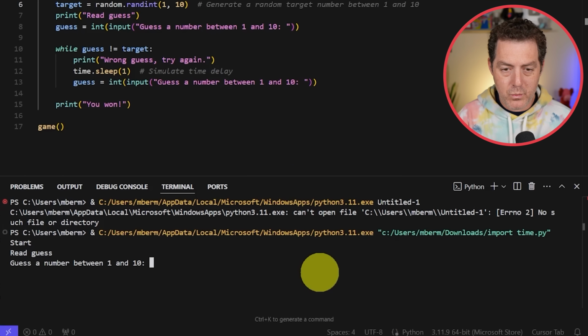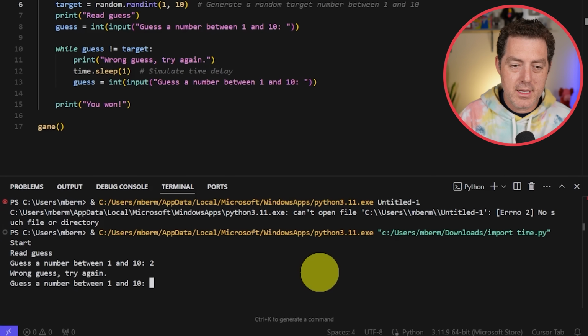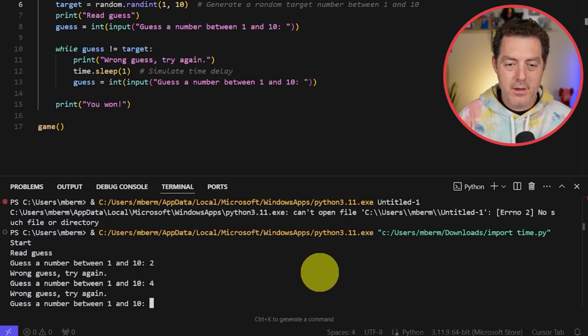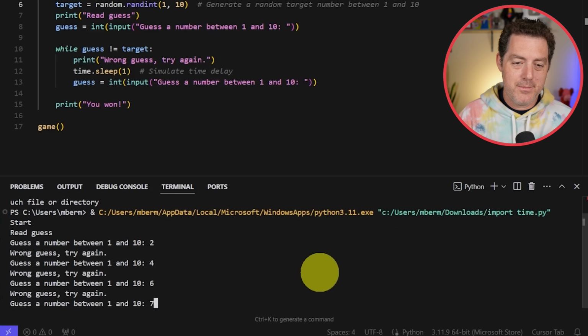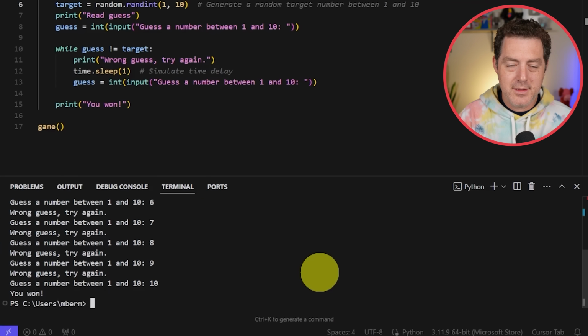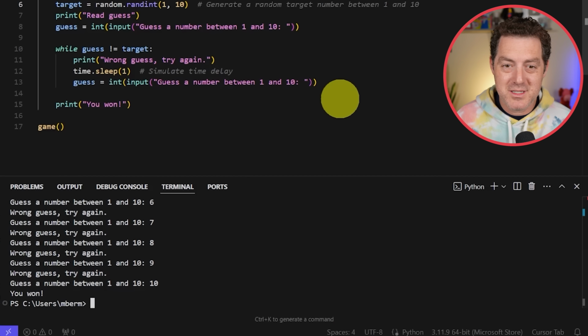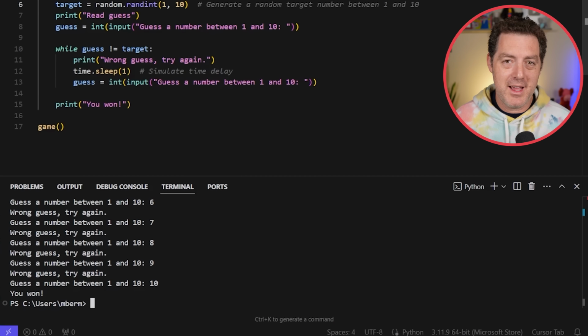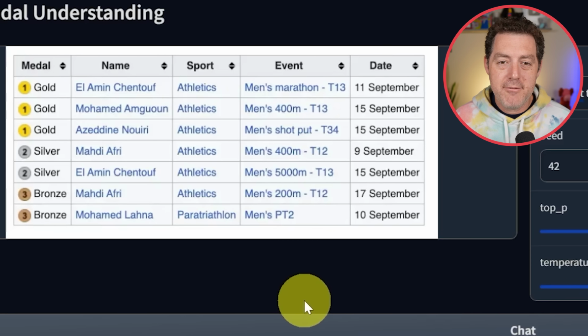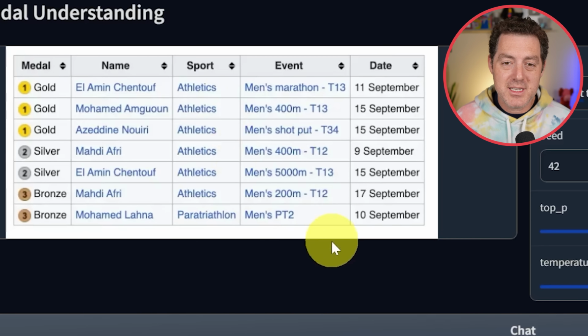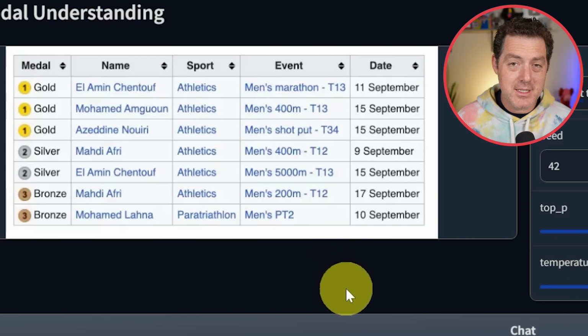All right, guess a number 1 to 10. 2, wrong guess, try again. 4, 6, nope. 7, nope. 10, there it is, you won. So it was successfully able to recreate the code from that diagram. Pretty impressive. Next, we have a screenshot of an Excel document, and I'm gonna have it converted to CSV for